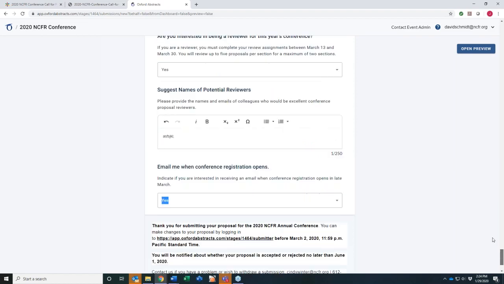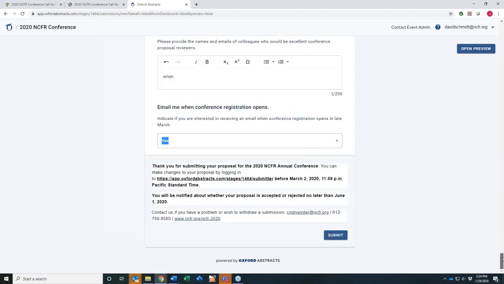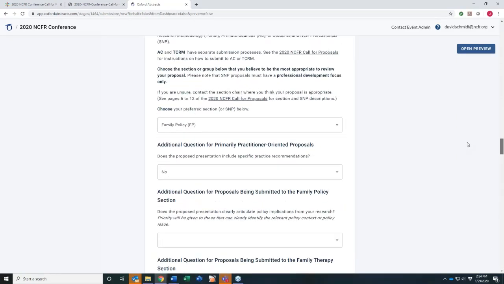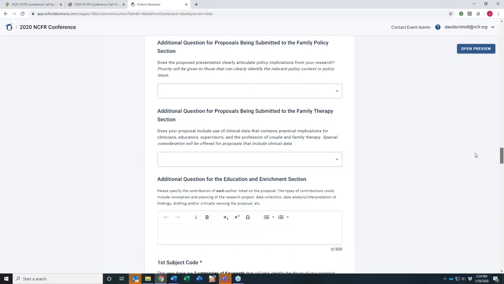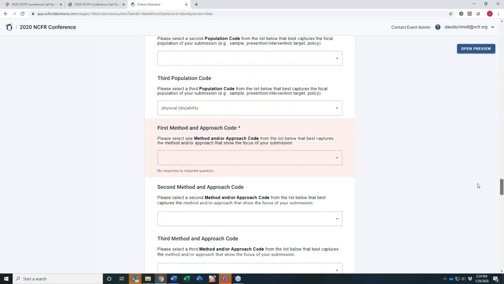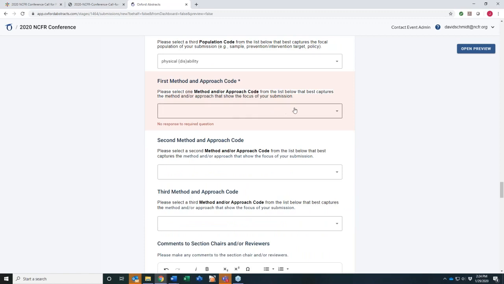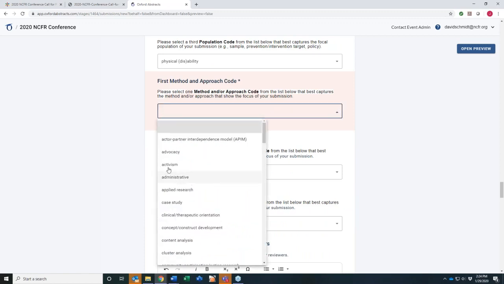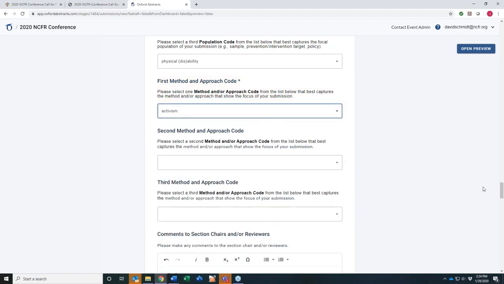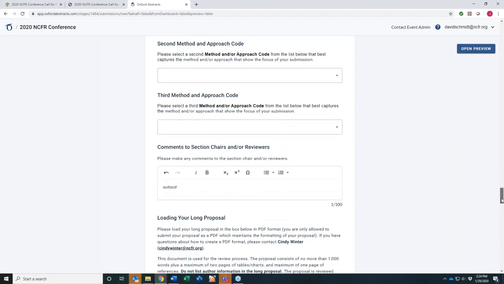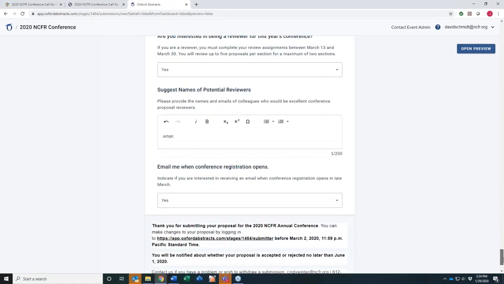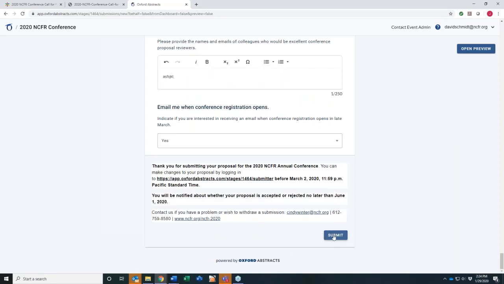Let's see. There, and it's even outlined. So we put this in. All right, then we can go back and see, it even tells you where it is. So this is great. Okay, then you go to submit,